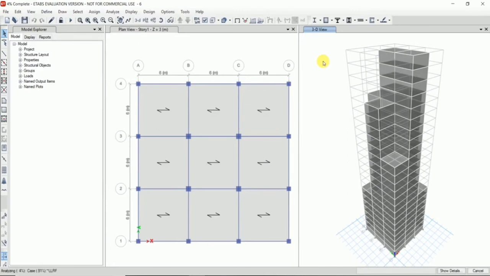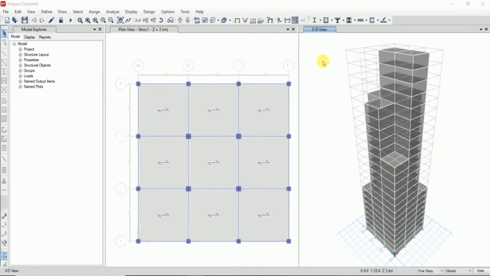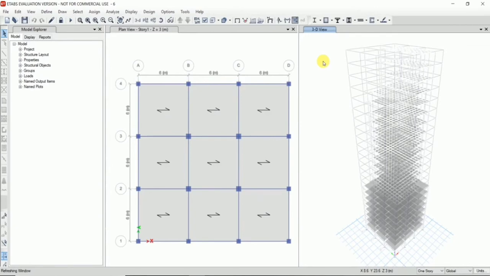Once the analysis is done, the analysis result will be displayed. This is our analysis result.